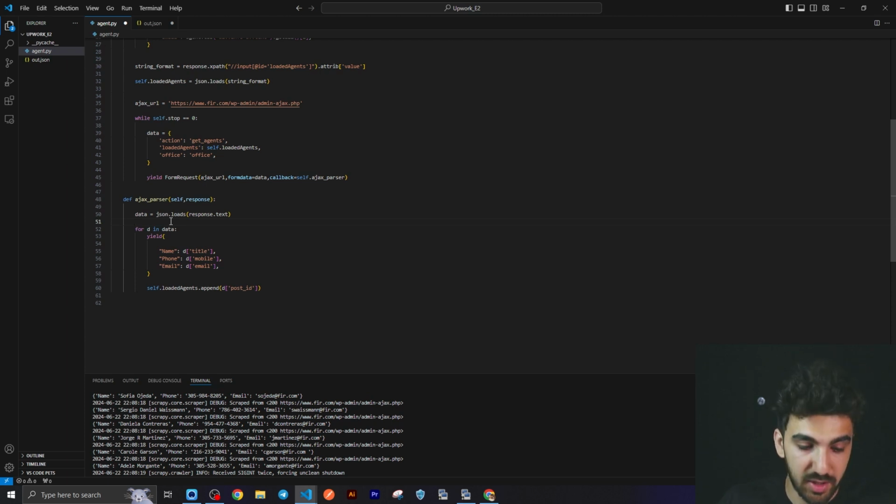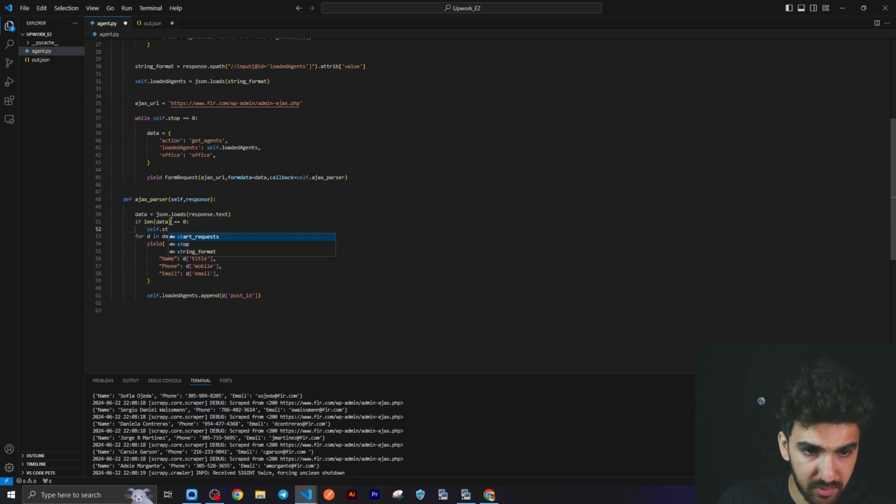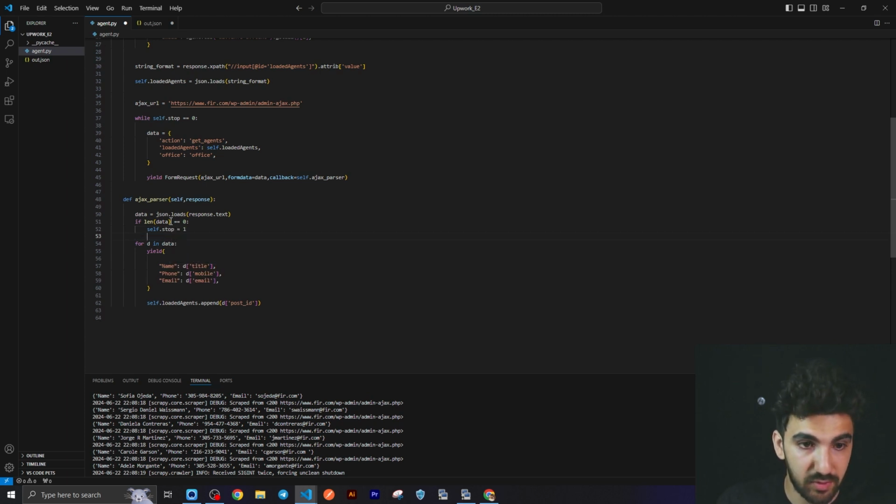I mean, you have to change the stop variable that we created. Let me show you. For example, I say that if len(data) equals 0, it means that there is no data. And we can say that our self.stop is now equal to 1, and then you have to simply return